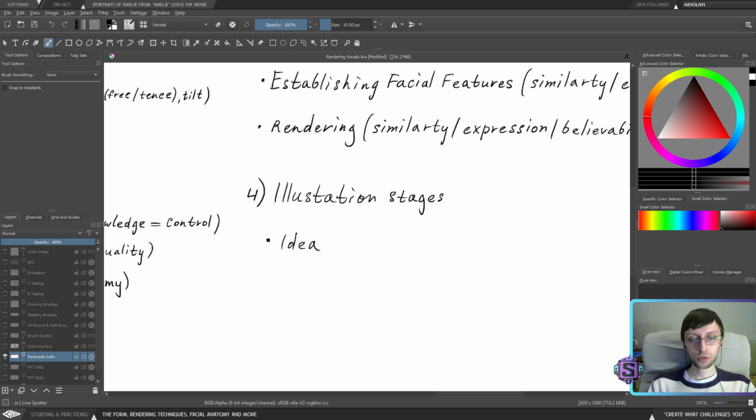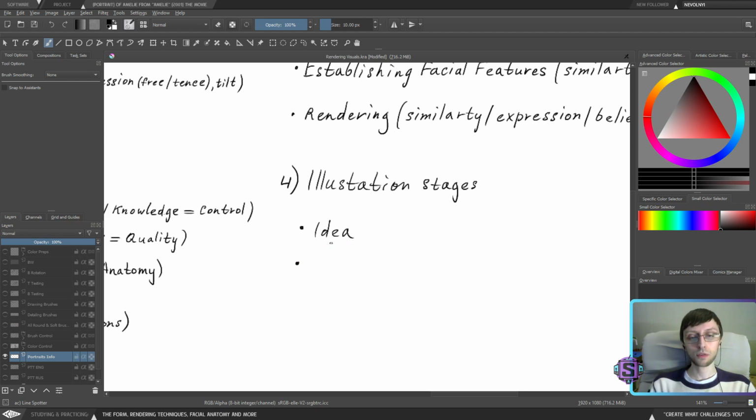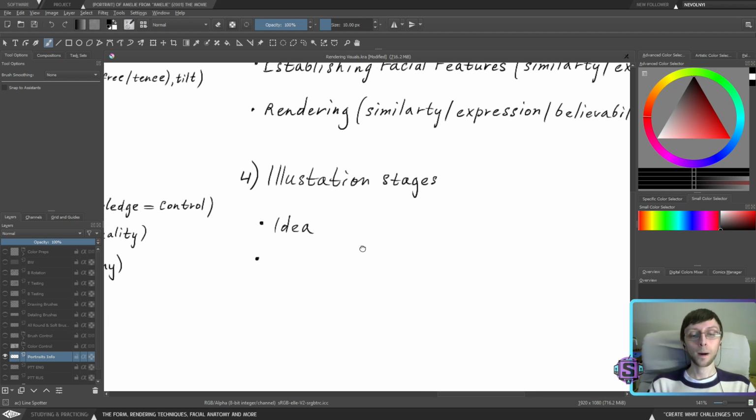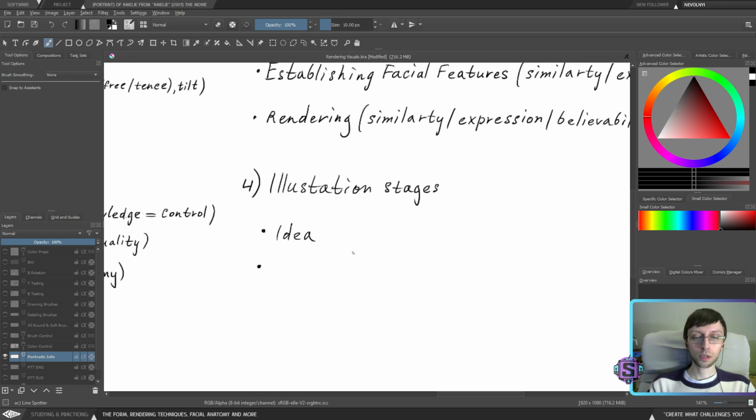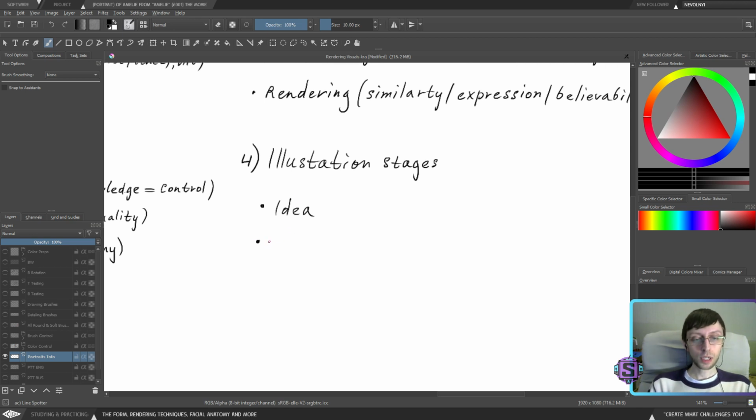So we're going to list the actual illustration stages right now, but since we're not necessarily working with complex illustration, some of them are going to be dropped, such as composition, for instance. It's not necessarily going to be dropped, it's going to be refocused. So again, I'm just going to enlist the regular stages. The first one is just an idea. So you're basically working on idea. We're going to talk about this a little bit more in a bit. So first let's just enlist them. The second one is composition.